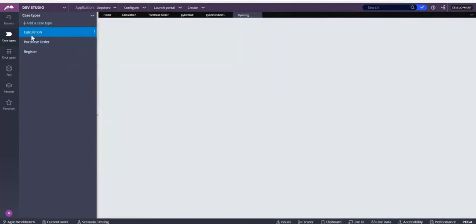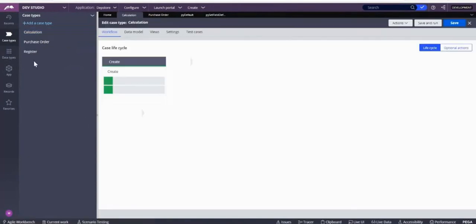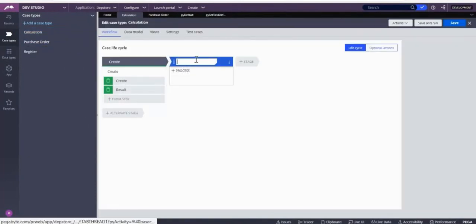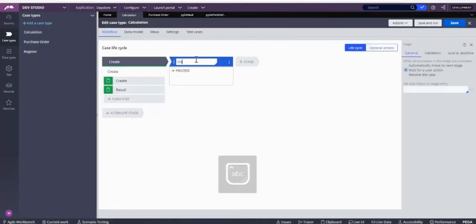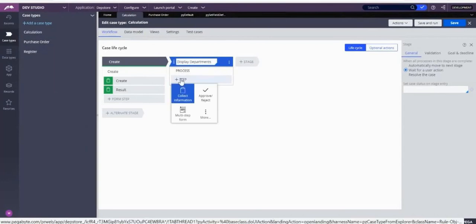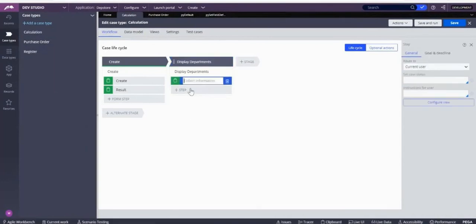I'll take this one as an example, calculation, and I'll do it. I want to search a department, so for that I give the department name.